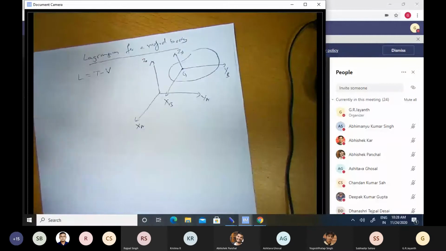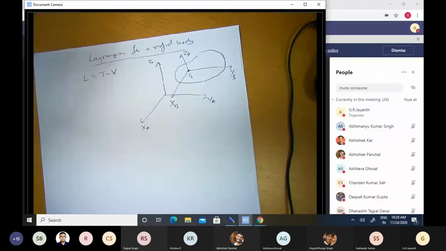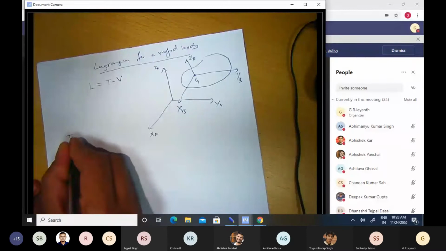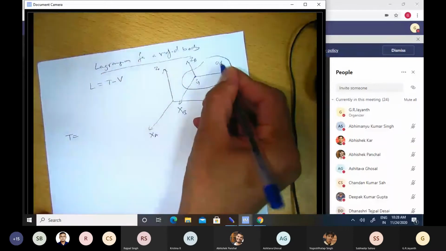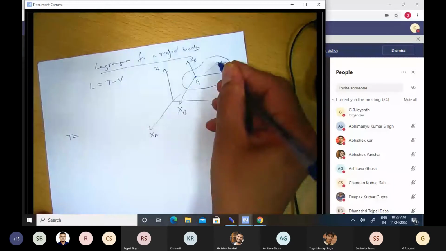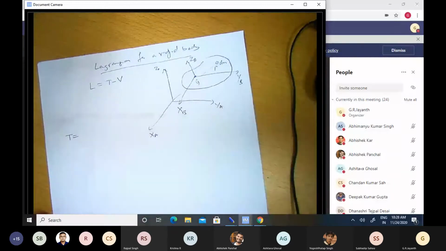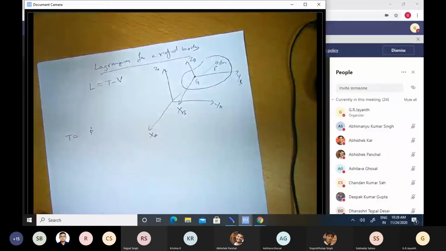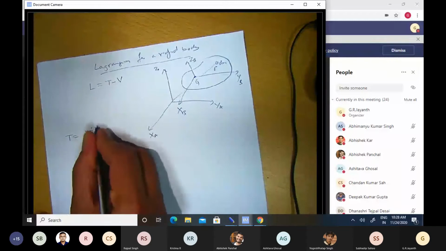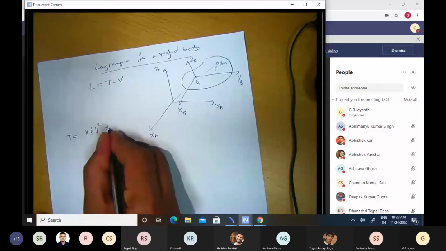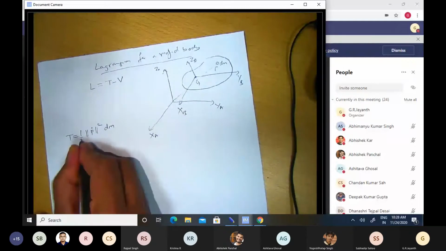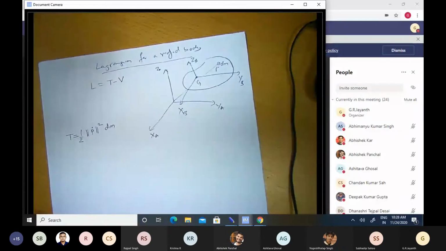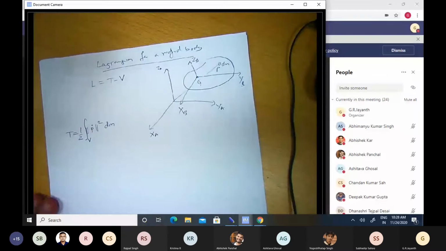Okay, what is the definition of the kinetic energy of any body, right? If I consider an elemental mass dm here, at some position p with respect to the inertial coordinate system, then p dot will be the velocity of that mass dm. So the magnitude of that velocity square times that mass times half is the kinetic energy of the tiny mass, right? So what is the total kinetic energy of this composition of masses? It's just going to be the integral of this over the entire volume of that rigid body.